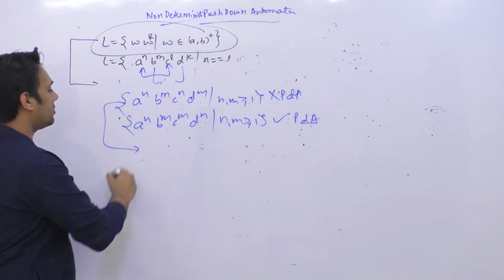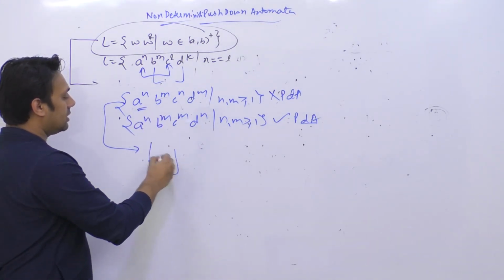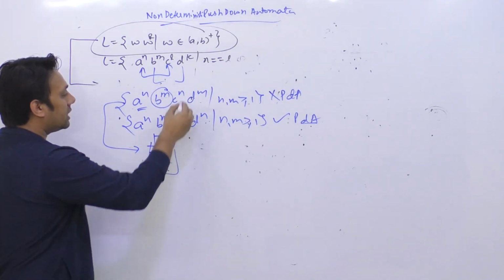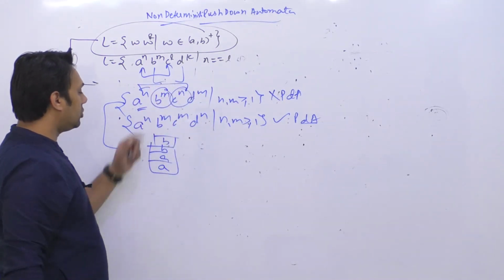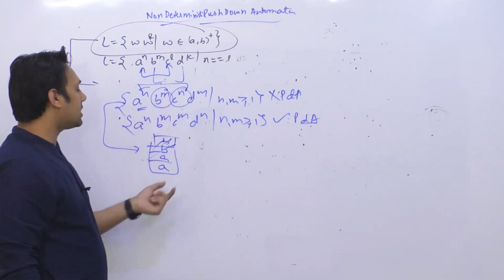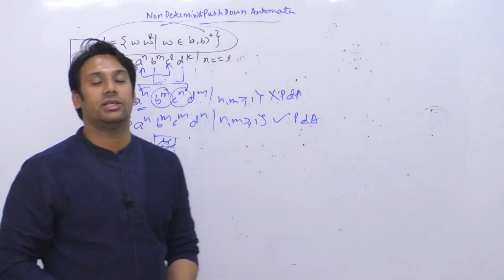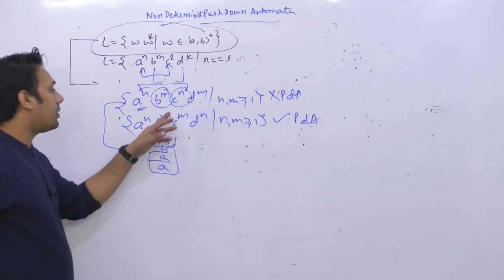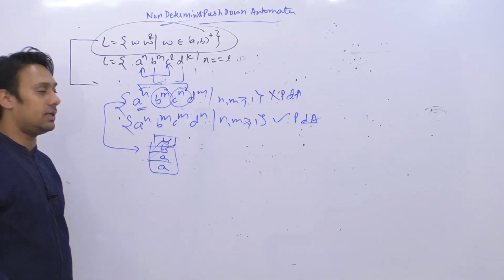Why is this PDA not possible? It is very simple. Whenever you get an A, just insert A onto the stack. Whenever you get a B, you will insert B onto the stack. But if you want to compare with C, you are going to compare C with A. In that case, you have to remove all of these B's out of the stack, and then you have to compare C with A. But the problem is, after removing all these A's, how will you compare that D is equal to B? There is no way to compare D with B. So you can clearly say that for this problem you cannot really make a PDA.